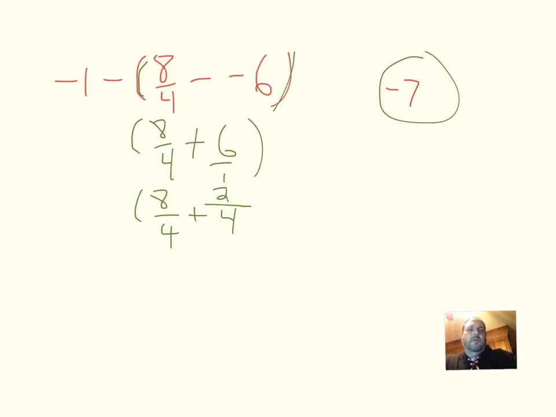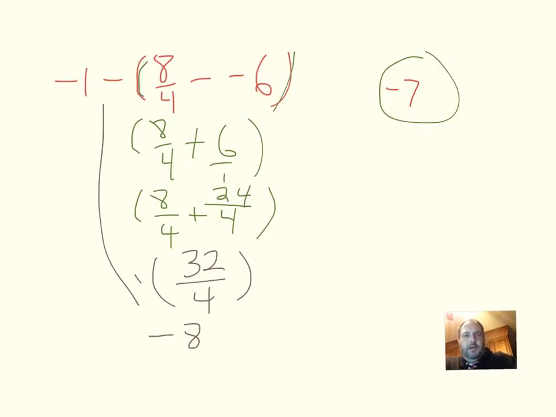So I get 24/4. I'll enclose my parentheses. Still working on this. 8 plus 24 is 32. So inside my parentheses I now have 32/4. 32/4 is 8. And now I'm going to rewrite my equation, bringing down my negative sign, and I'm going to bring this down as well